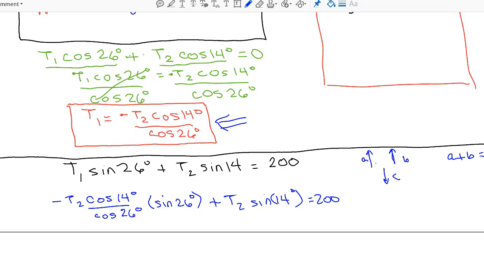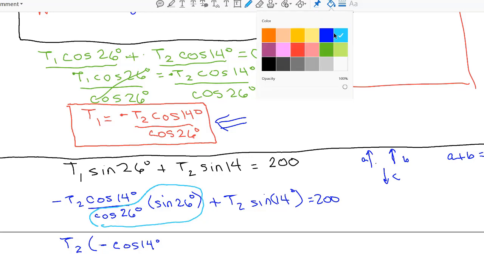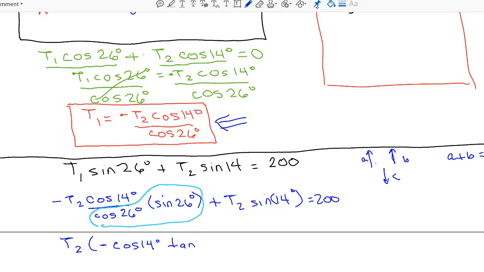And let's factor out a T2, and I end up with cosine of 14 degrees. Notice that the sine of 26 degrees over the cosine of 26 degrees is the same as the tangent of 26 degrees. So that simplifies this a little bit. And then I have plus the sine of 14 degrees